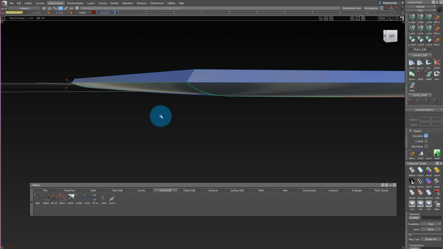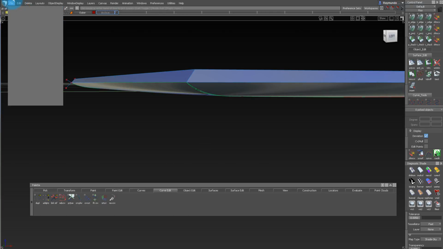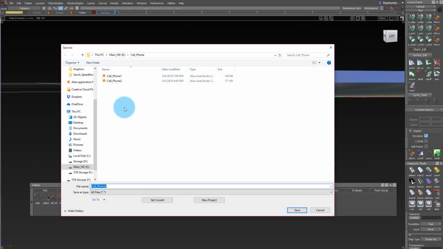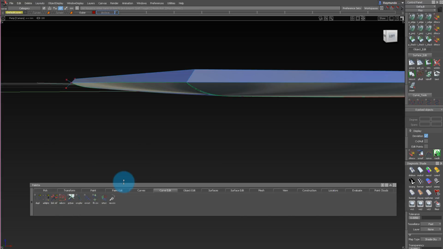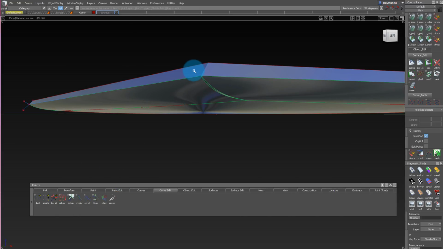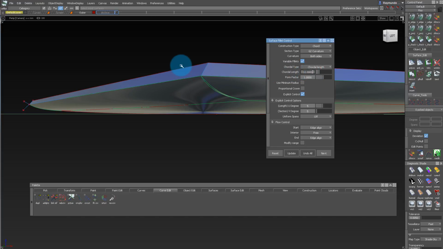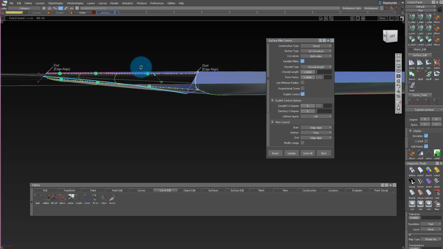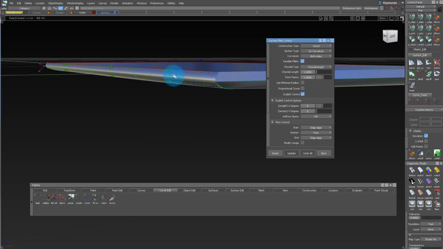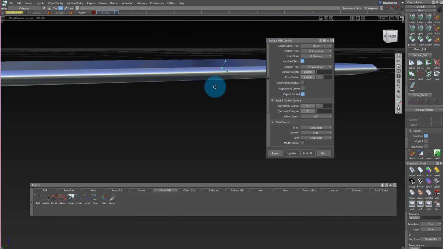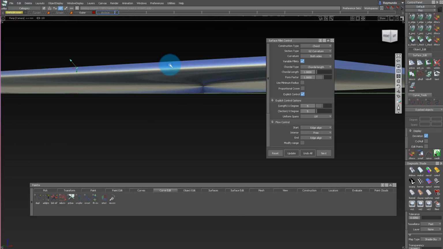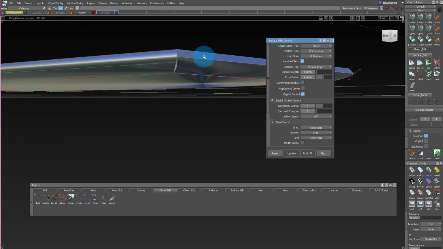And then I'm going to use this to, if I file save as, just because it might freeze, right? Because I'm doing a fillet. 3. I'm going to do a fillet, and then the chordal length will probably be like 1.5. Like that. It's even less. 1. Yeah. See, I'm sort of doing this, and